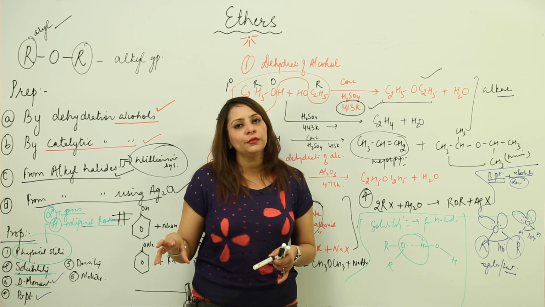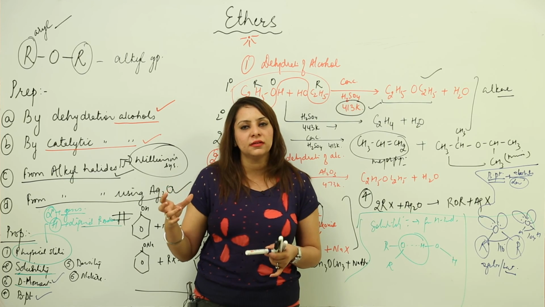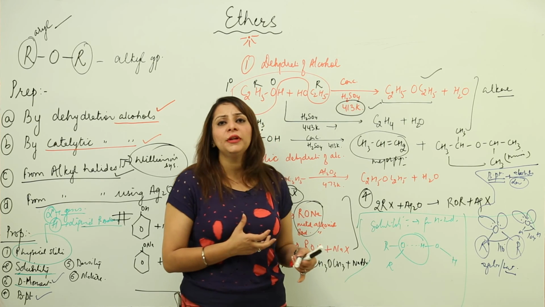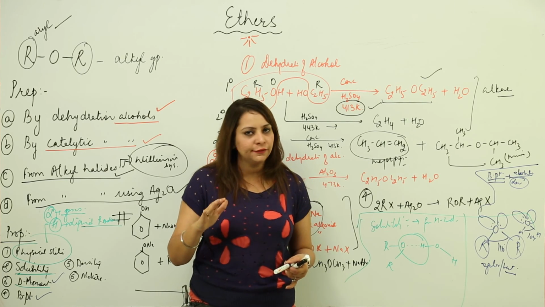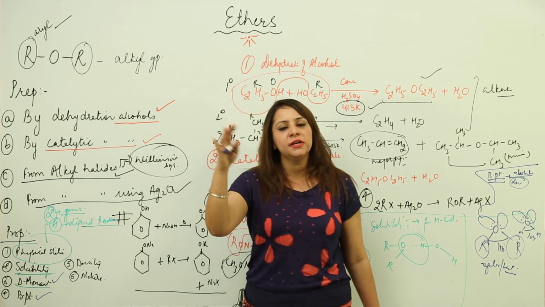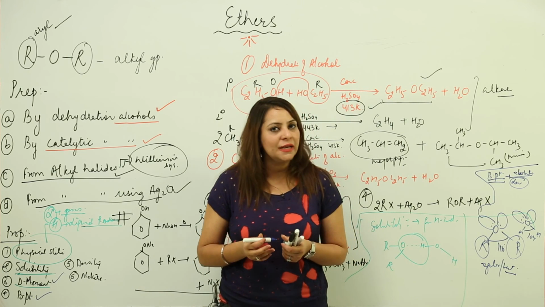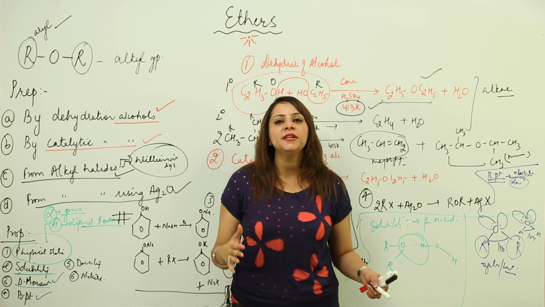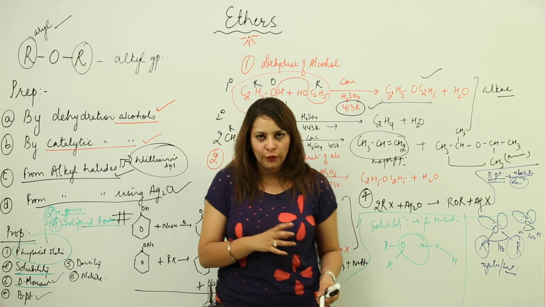And if we talk of ether, less strength is there for hydrogen bonding, and moreover it has less polarity. So that means the boiling point is comparatively lower. This is how you are going to discuss the boiling point. But as we increase the members from lower to higher, we observe that molecular mass increases. That means van der Waals forces increase because they increase with size, so the boiling point also gradually increases. But if we compare it with alcohol, they are obviously going to possess a low boiling point.